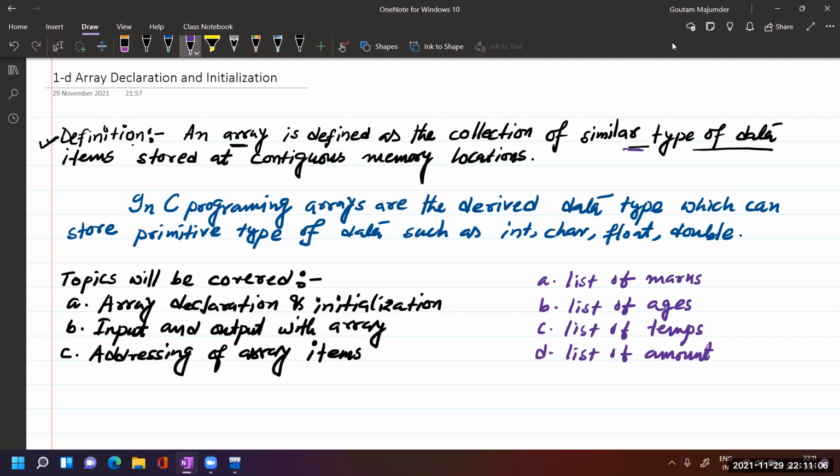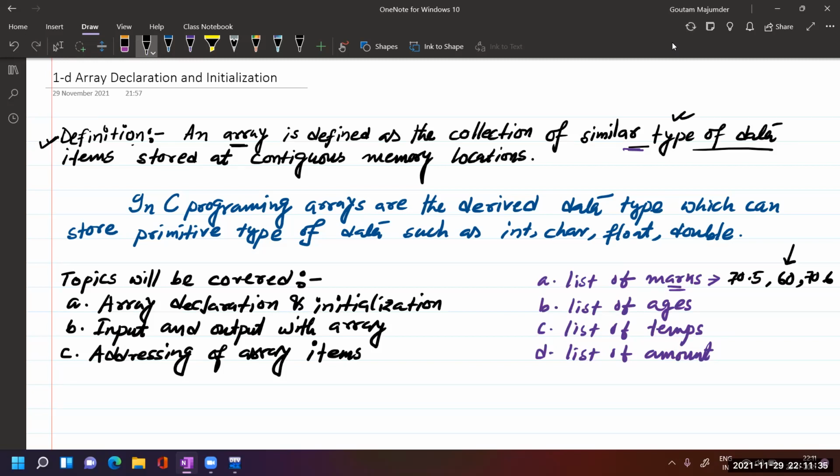Suppose you are a student and you are given an exam in your board exam or your semester exam, and you have more than one subject. So your marks are coming in this format, suppose 70.5, 60, 70.6, like that.